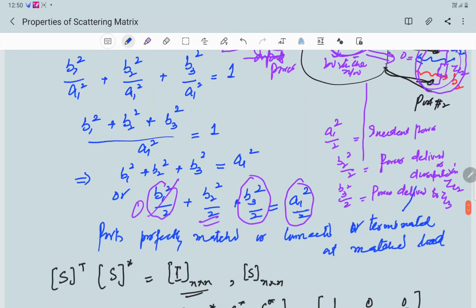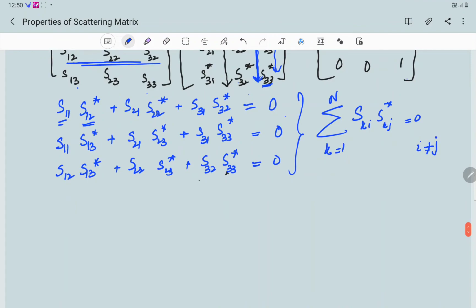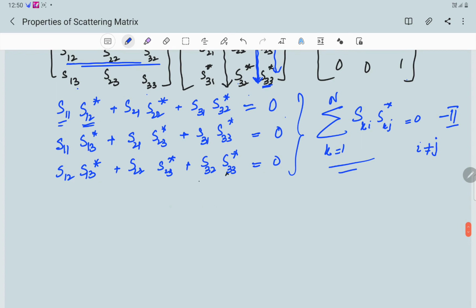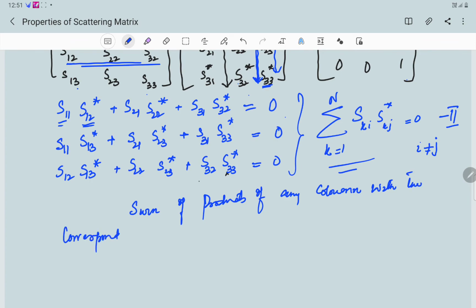And in this case I have to write i not equal to j. If that earlier summation was equation number 2, then I can name it as equation number 2. So in a nutshell, what does this equation mean? This equation can mean the sum of products of any column with the corresponding conjugates of any other column